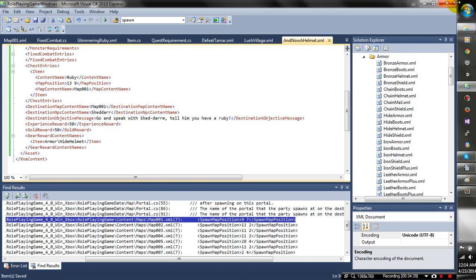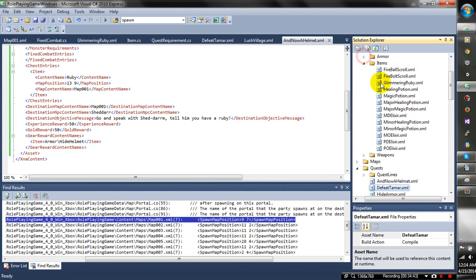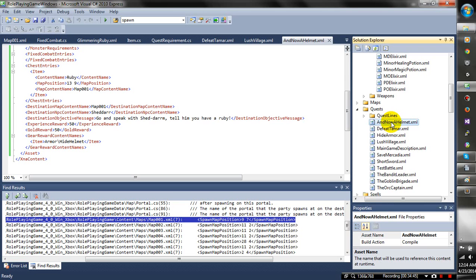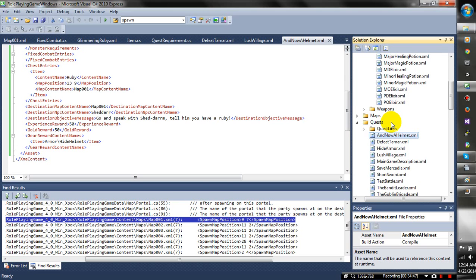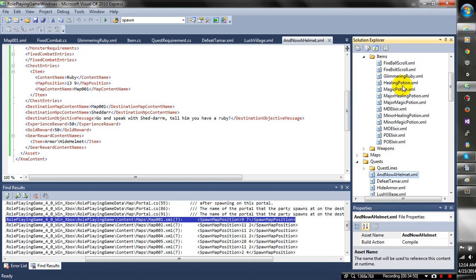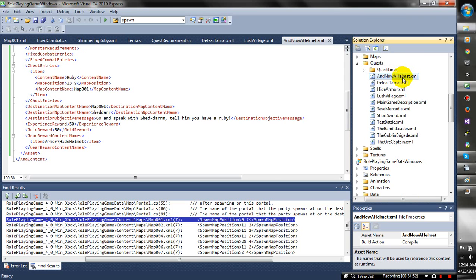And we just need to basically make sure that's part of the project for your platform, and we checked that already, but let's just check that again. Okay, indeed, here it is. It's in our project for Windows. If you had separate projects here, for example, for Xbox, you would want to make sure that's been added to that project. The way Windows and Xbox and Windows Phones work is they're each a separate project, and we'll get to that next week when we talk about the Windows Phone deployment,